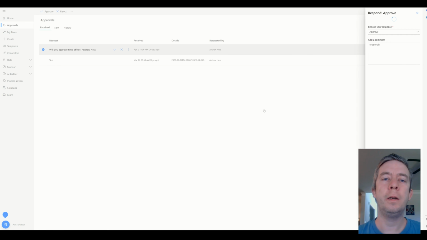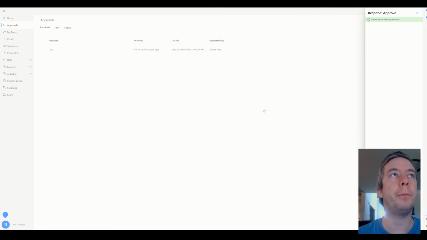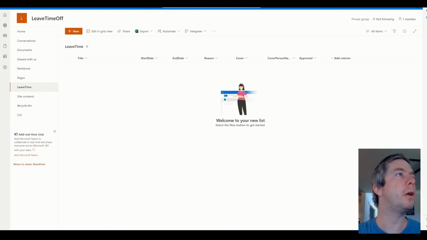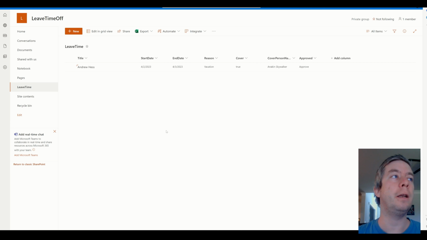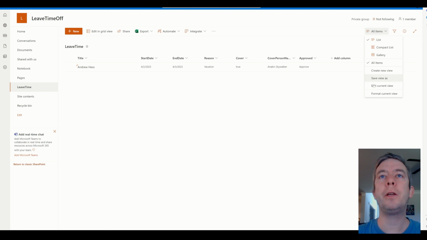And then now it's going to write to SharePoint. So now let's go to SharePoint, refresh. Not sure how fast that will be. It's done. So we can see that has come through and it is of type approve. So now what I'm going to do is I'm going to create the